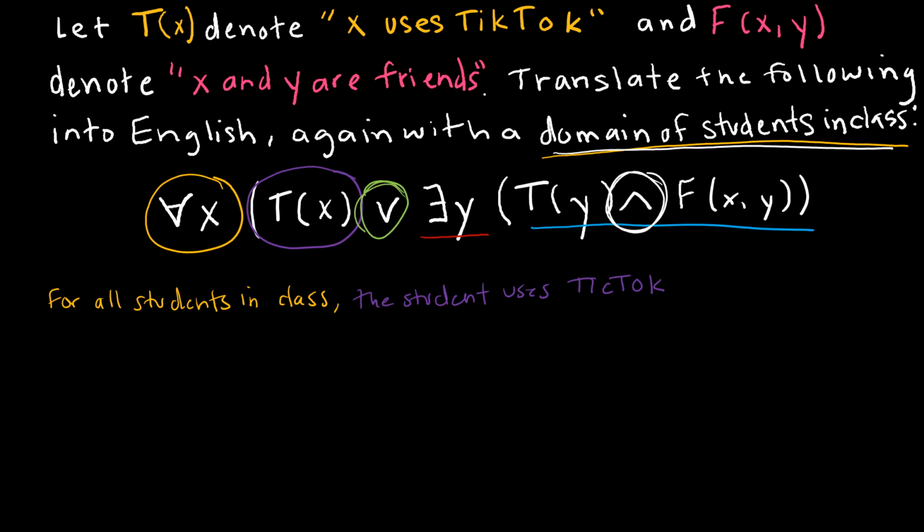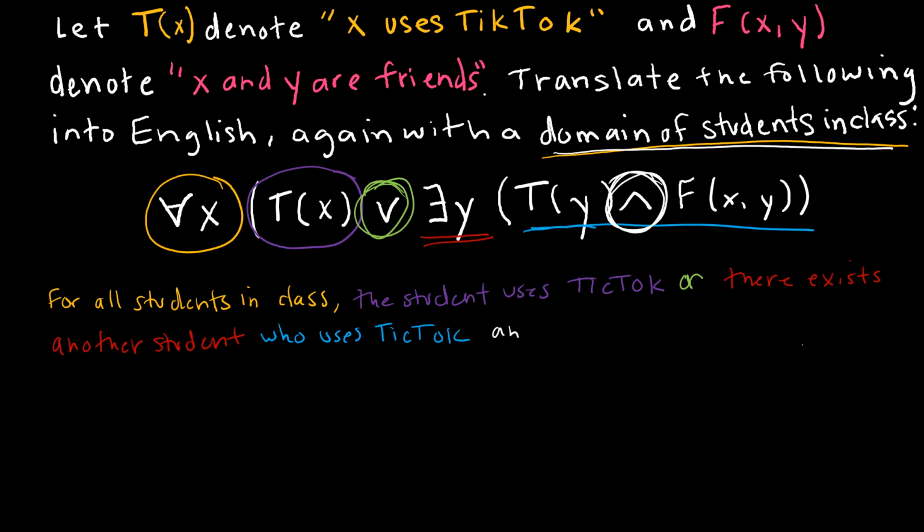And then we've got, or, there exists, I'm going to say another student because it's not the same student as the original. There exists another student, and then this stuff in blue says T(y), which means y uses TikTok, who uses TikTok,